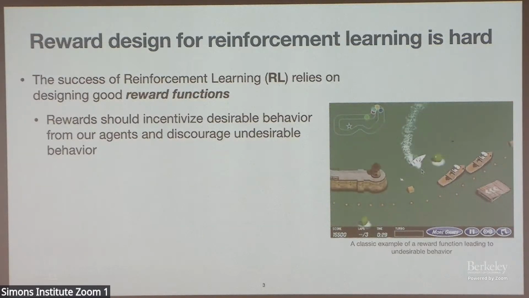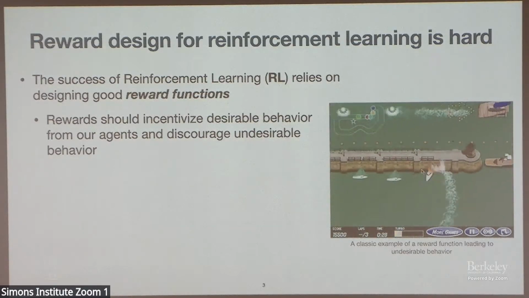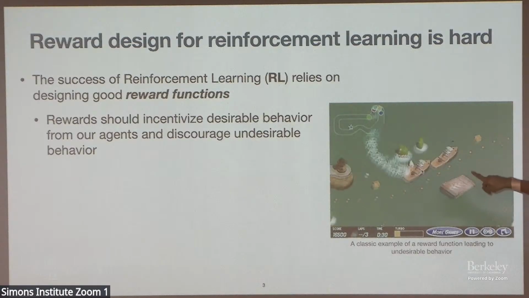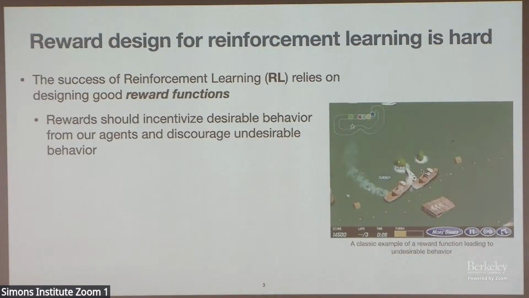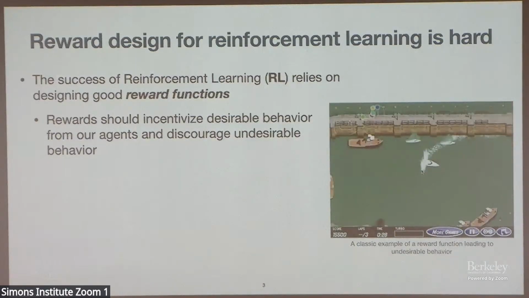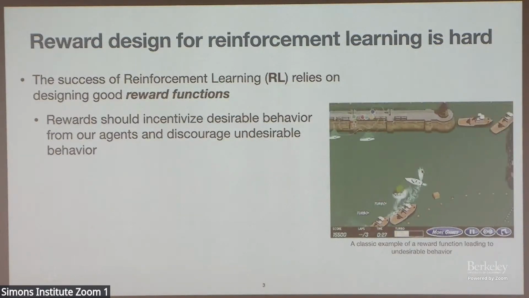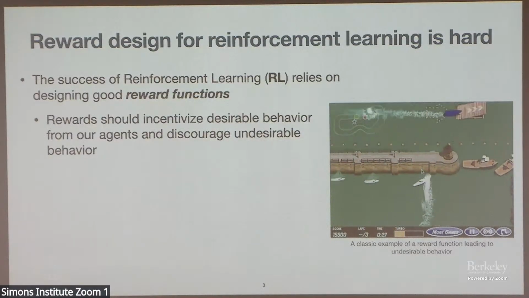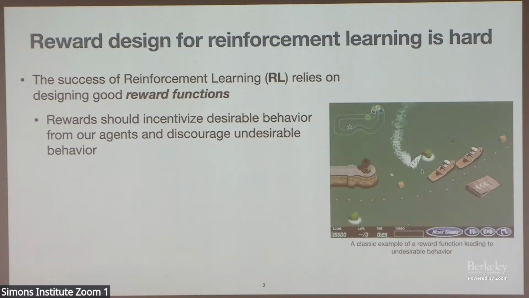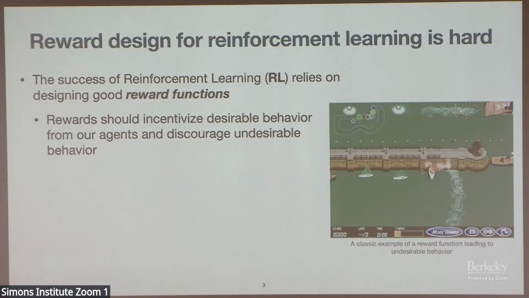And what you see is this weird behavior where it realizes that these bonus things respawn after a few seconds. So it just loops around and collects these points and doesn't actually finish the race. And so you have this undesirable behavior that you didn't plan for just because you used the reward function that is natural, right? It's how you score and how you get placed in the game.